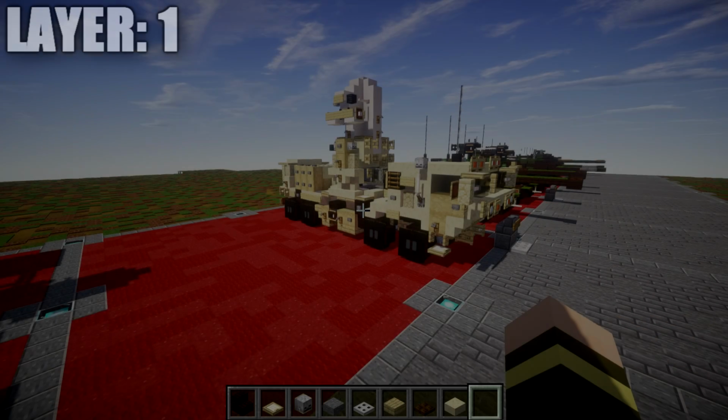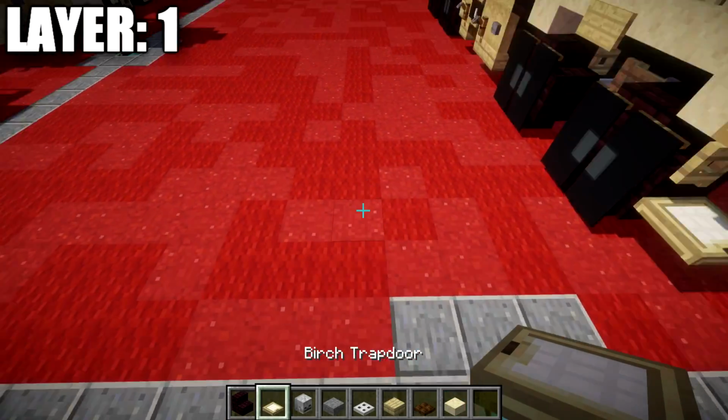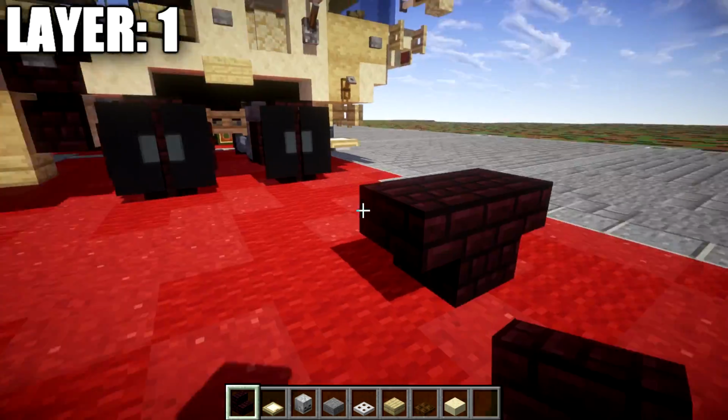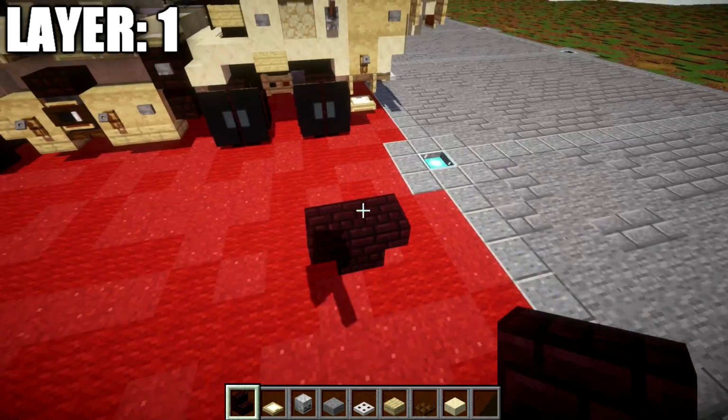Alright guys, going ahead and moving into our first layer. We'll be beginning with layer number 1. For layer 1, to get started, we're going to place down 2 narrow brick stairs upside down back to back, just like this, for the bottom half of the front left